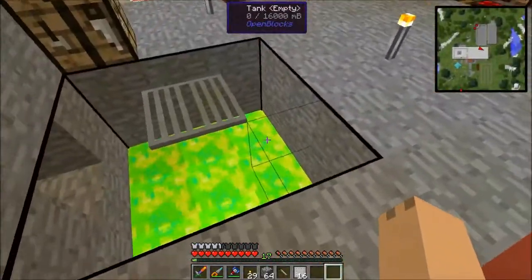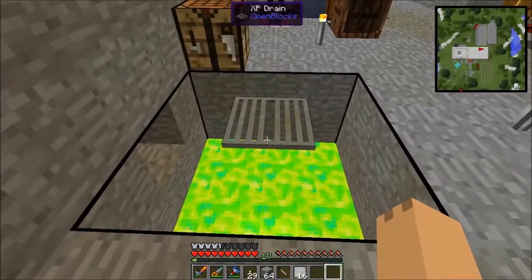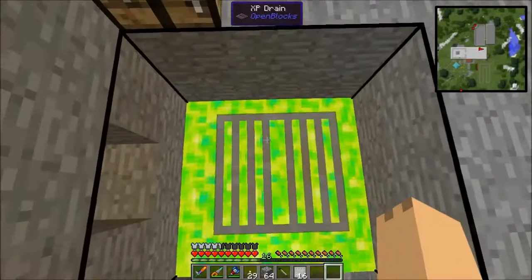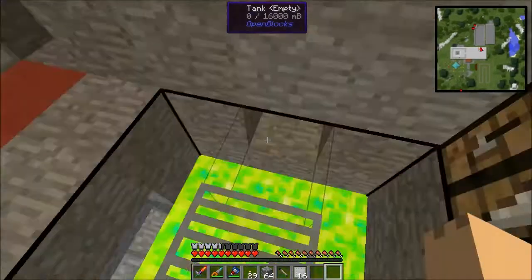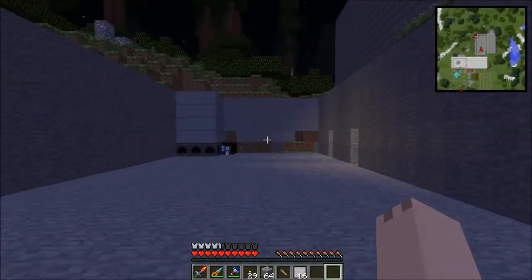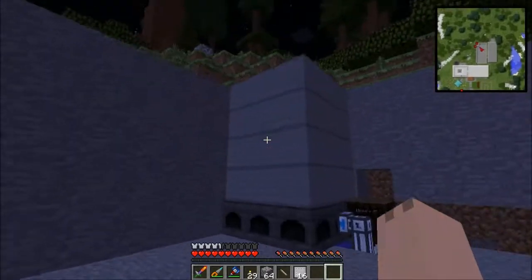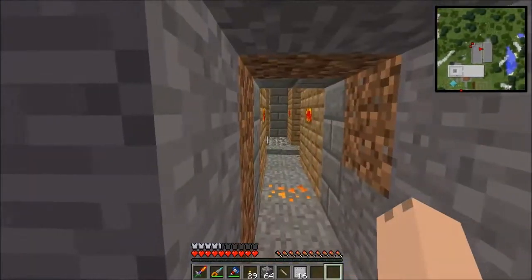Ignore this. Well, let me show you. These are tanks from OpenBlocks, and that's an XP drain from OpenBlocks. Stand on the XP drain. Ta-da. Just a nice way to keep my XP safe. Alright, so we have our boiler room. You can see I finally finished setting this stuff up last night. Then if we come over here...